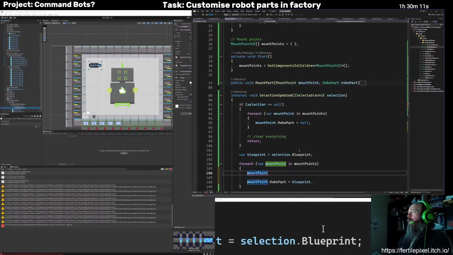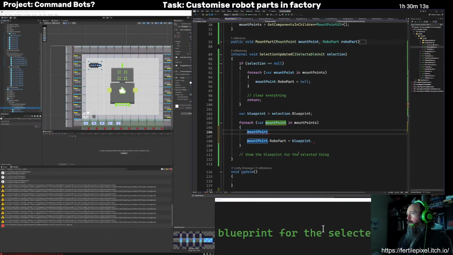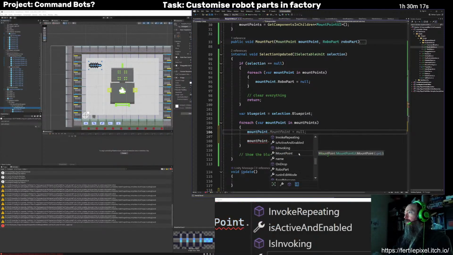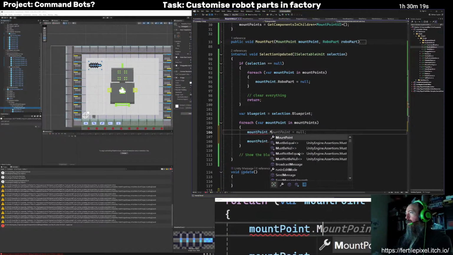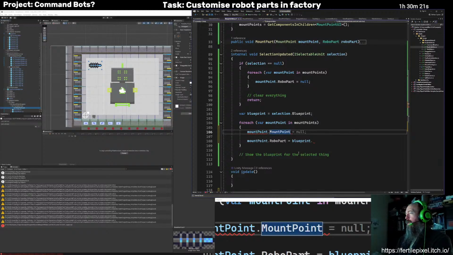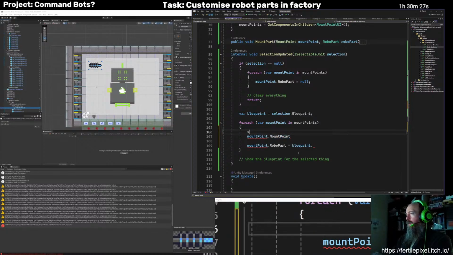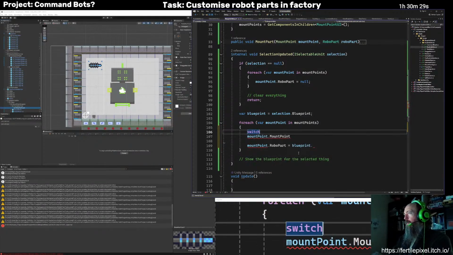Back to the blueprint editor now. Okay, so now we've got mount point, and we just want to switch on that, I think.